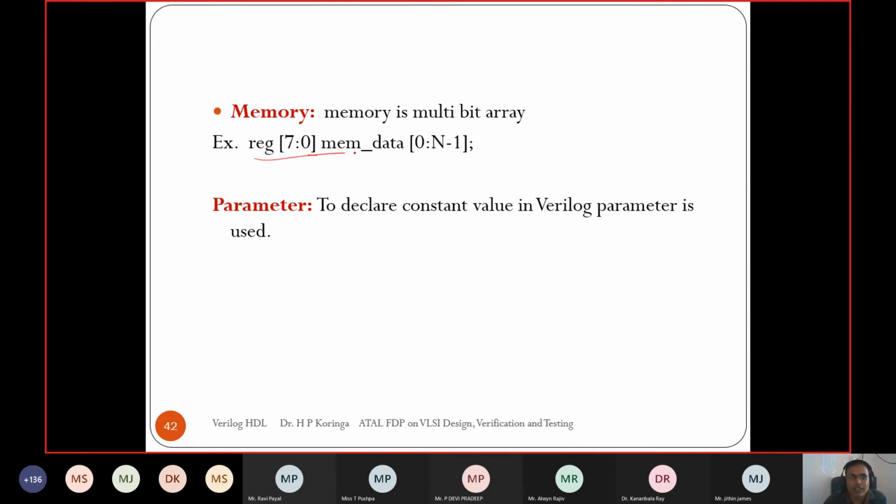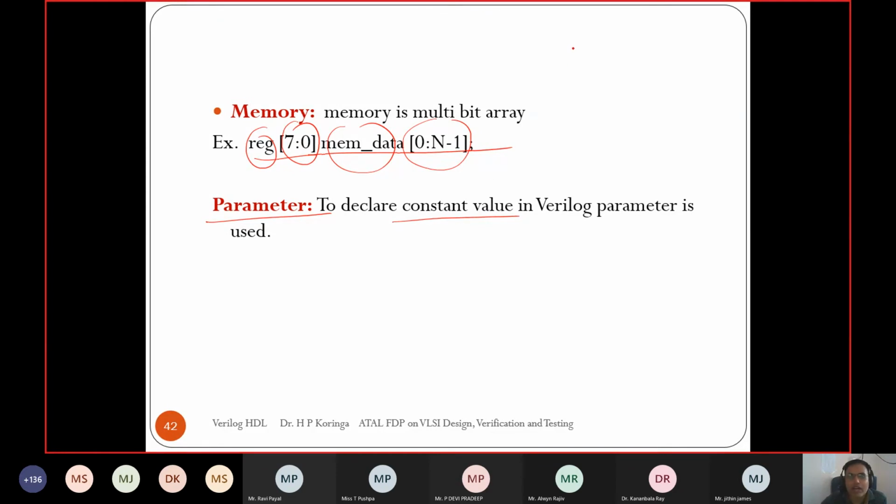Memory: as we have seen, the designing of the memory, the types and then the width, variable types, memory names, and then the size of the memory. In Verilog, we have the parameter also. A parameter is used to define some constants. So if you are designing using a finite state machine and we want to define different symbols S0, S1, S2, we can use a parameter and assign some combination of bits to each state.